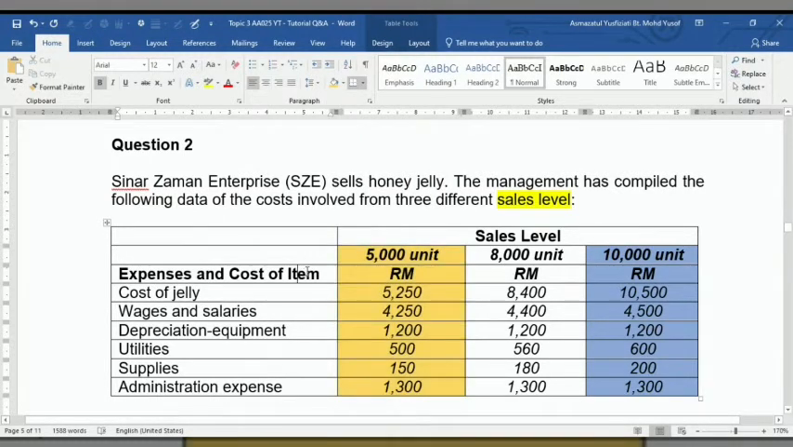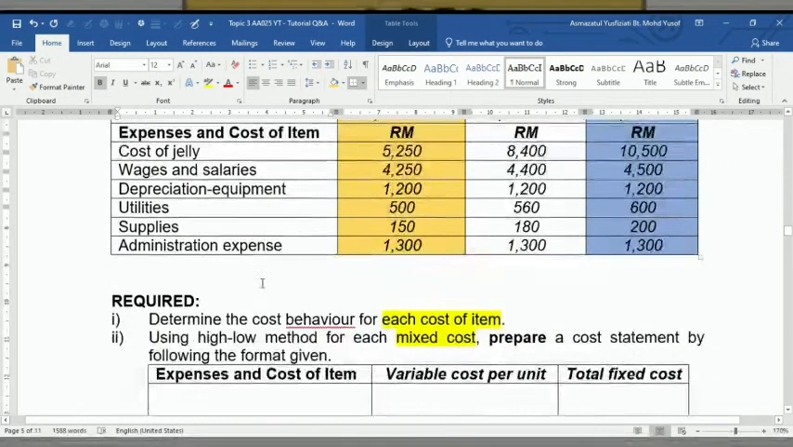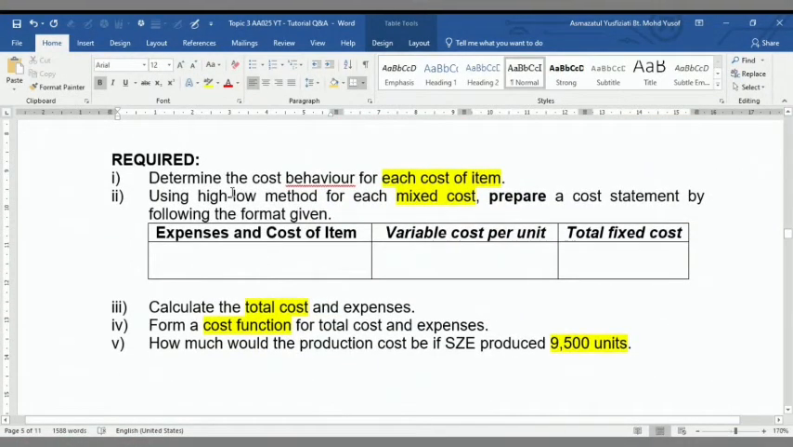Okay. So, there are a few items in expenses and costs. Okay. So, we look at the question first. Okay, required. Determine the cost behavior for each cost item. That means you have to determine the cost behavior, meaning whether it is a fixed cost or variable cost or mixed cost. Okay, 2 Roman, using Hilo method for each mixed cost, prepare a cost statement by following the